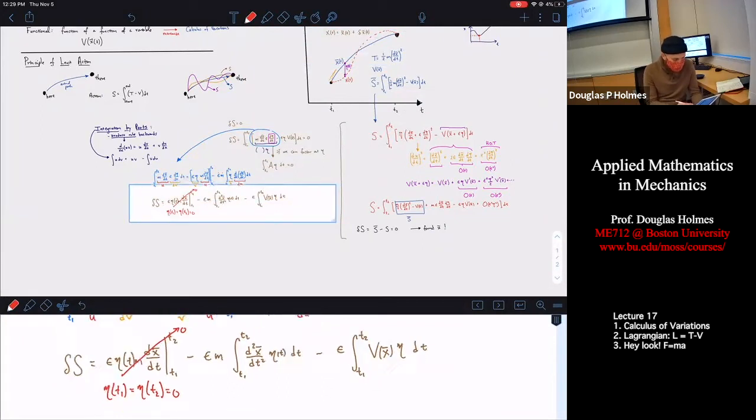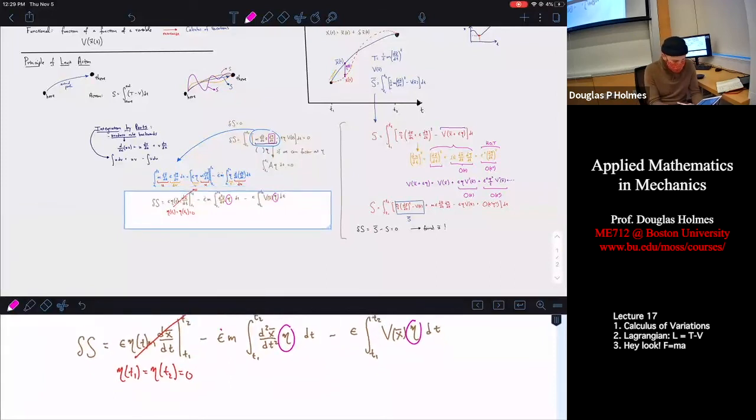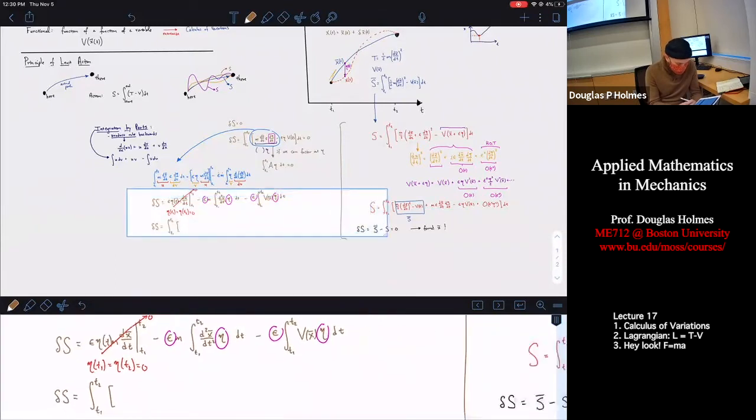And now look at what we're left with. The first variation in our action is equal to two quantities that both depend on eta. And I can pull out epsilon as well, because epsilon is an arbitrary small number that multiplies eta, which means I can come back down here and say that the first variation of our action is going to be equal to the integral from t1 to t2 of negative m